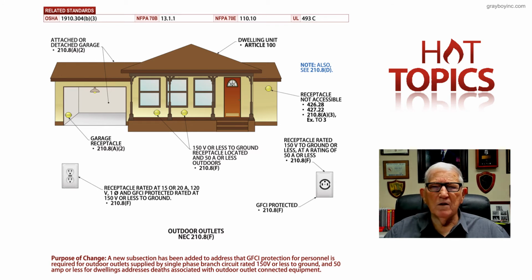Now notice another thing that's an issue if you review the illustration. Right up at the very top in the eave of the dwelling, we show where these receptacles do not have to be GFCI protected. They only have to have protection for ground fault protection of equipment, like a Class B type circuit breaker. And those sections, which we won't review, you can do independently if you want to, but